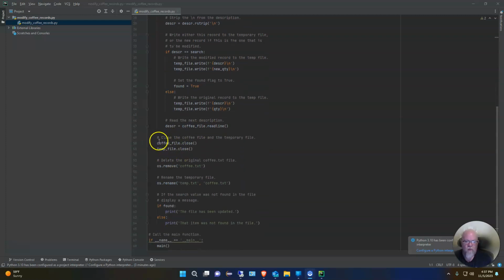Okay. At the end of that loop, we're going to close the coffee file. We're going to close the temp file. Now, this is where the os comes into play. We're going to say os.remove coffee.txt file. It actually deletes that file. Then we're going to say os.rename